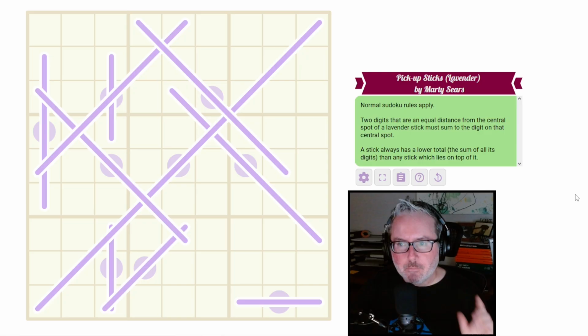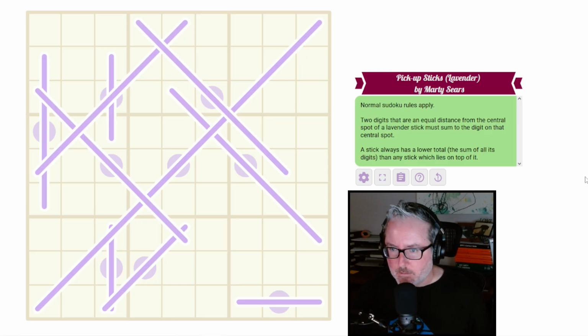So today we have another Pickup Sticks by Marty Sears. This one is Lavender. And okay, so Lavender is acting as